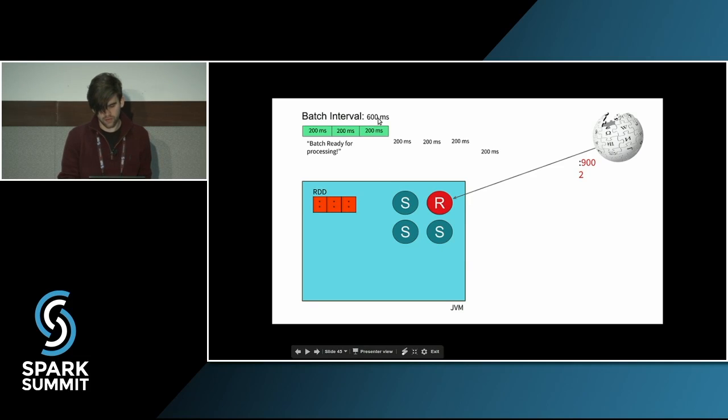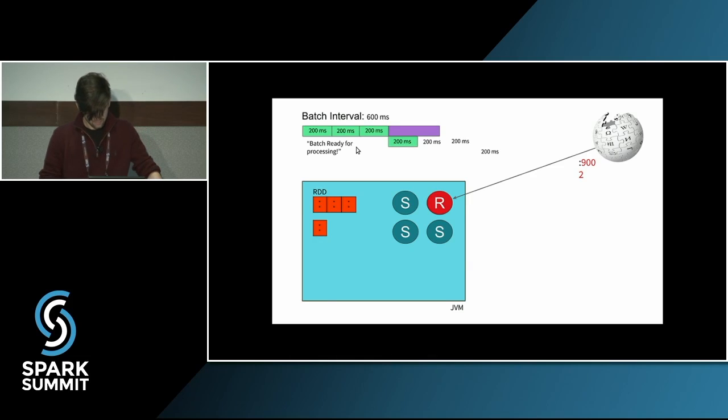And both this batch interval and the window interval here are tunable. But you can see 3 partitions, 200 milliseconds across each. So this batch, right? So after 600 milliseconds, we have one RDD, 3 partitions that we're going to be able